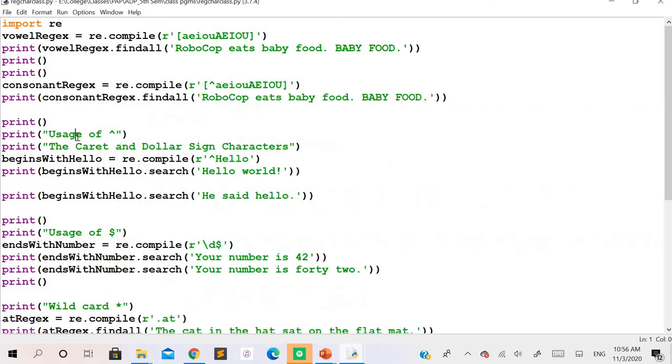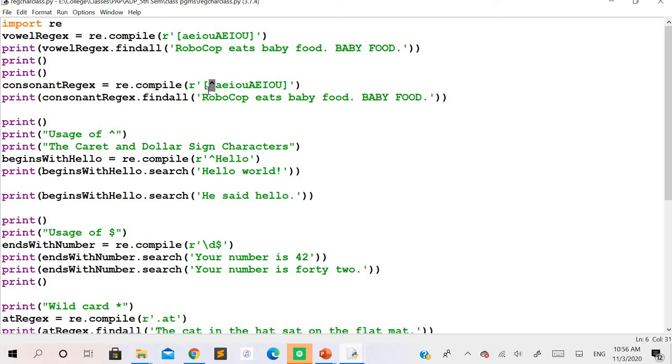So similarly, let's see what has been done here in this example. Here is the one way that we have taken with the compile method, where we have defined the vowels to be matched as a pattern within the character class. In the next example, the same example has been taken, but the only difference here is within the square bracket we have taken the cap symbol before we take the letters to be matched for the string here.